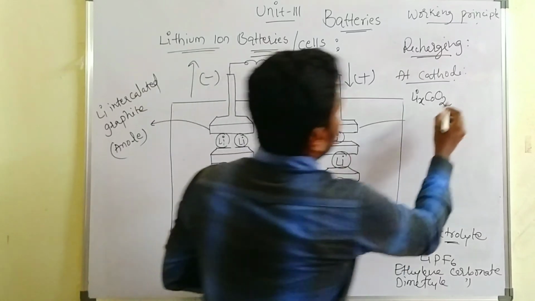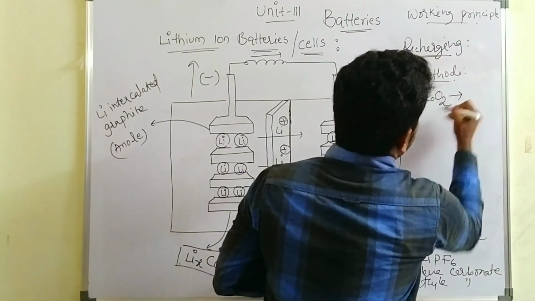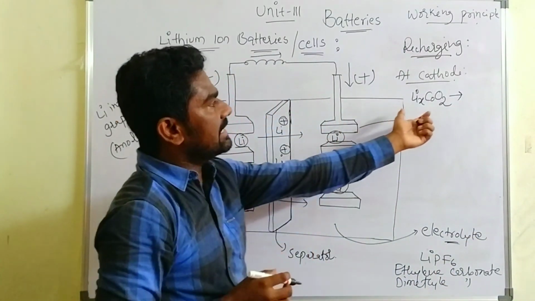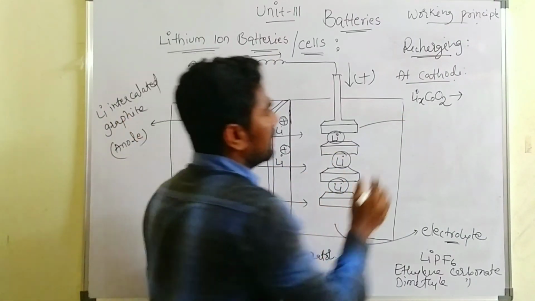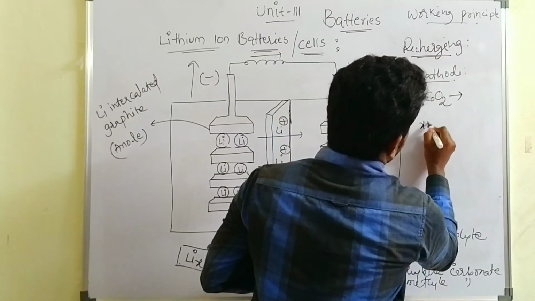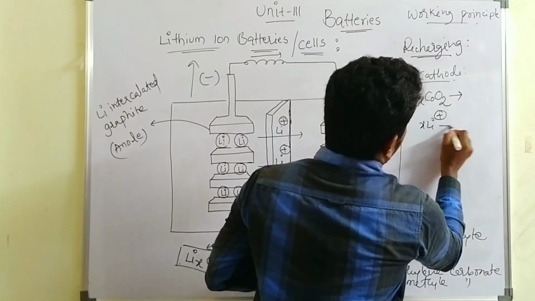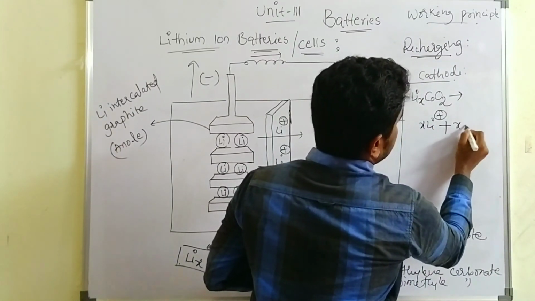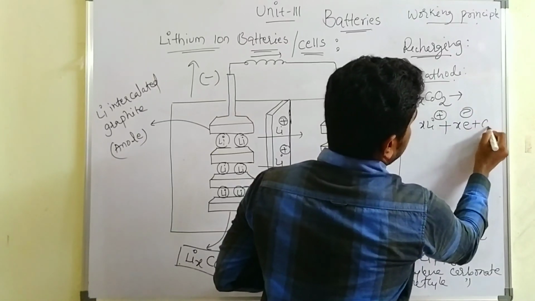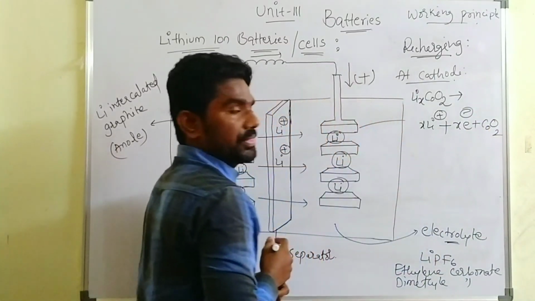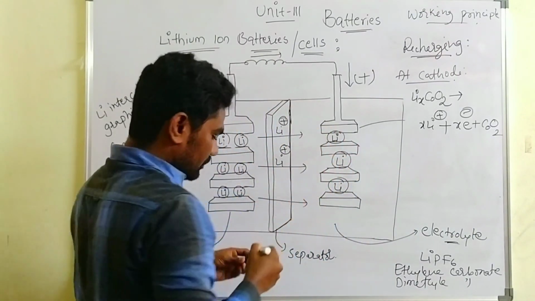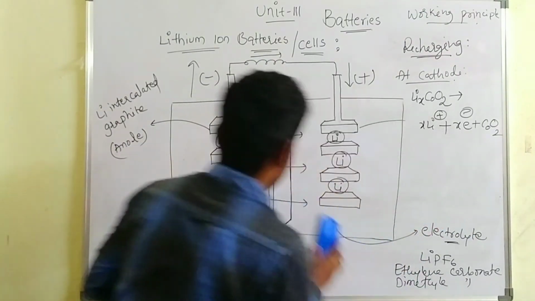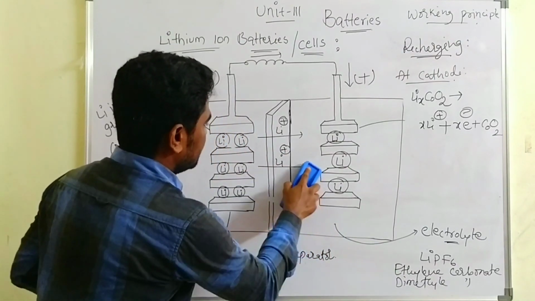That means slowly these intercalated lithium ions can dissociate, like XLi+ plus X electrons plus CoO2. Okay, that means here slowly these lithium ions, if you check the reactions,